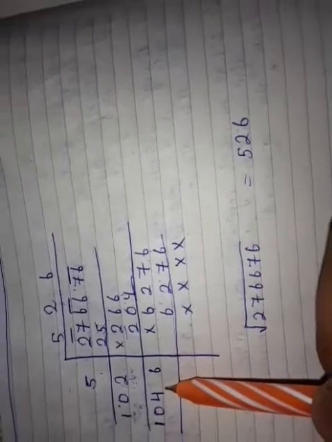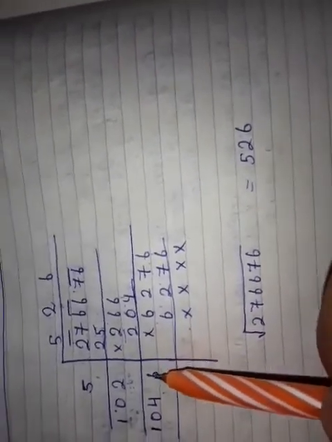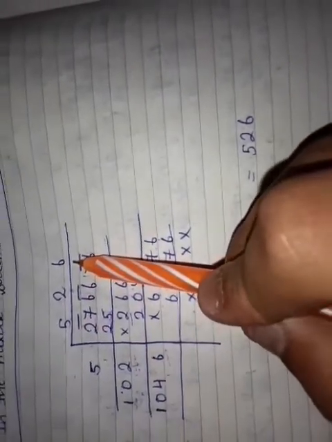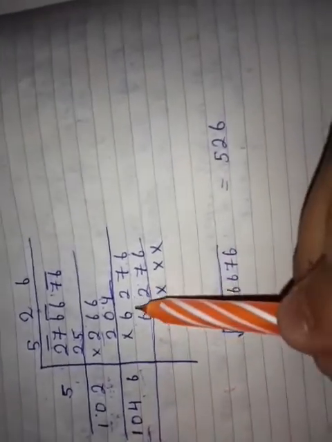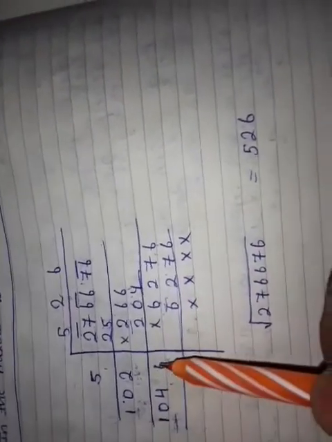104. You have to take such a number which we will write as the divisor and the same thing as the quotient. Here you can see the first number is 1 here, and here the first number is 6. Then we got an idea. 1 when multiplied by 6 will give 6. So let's try with 6.